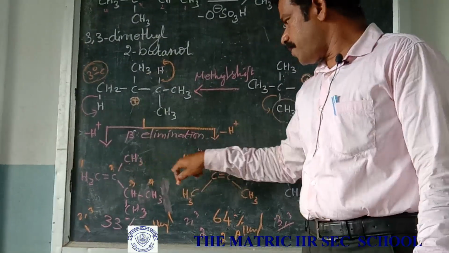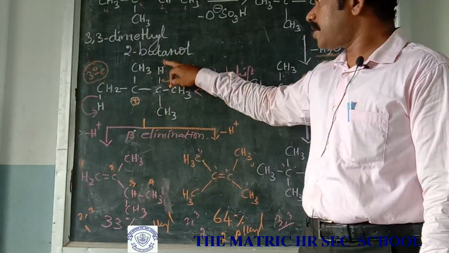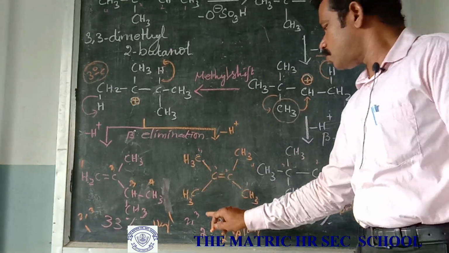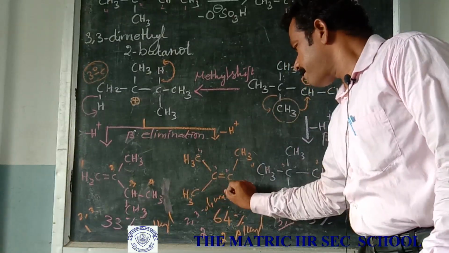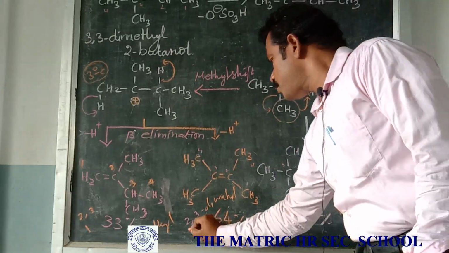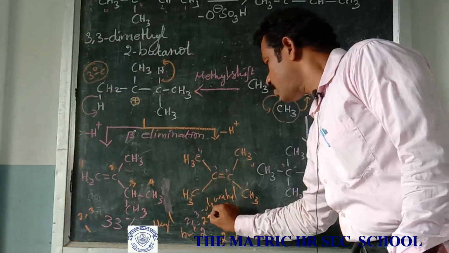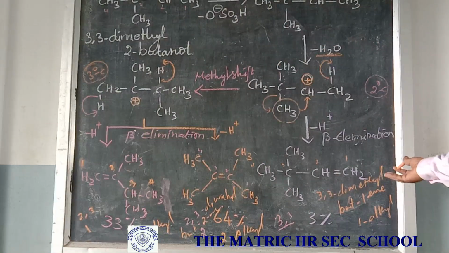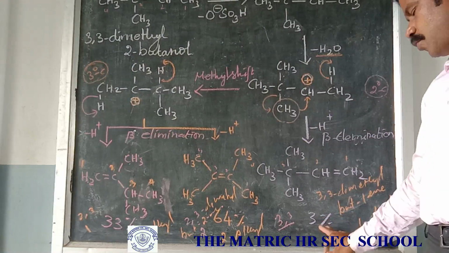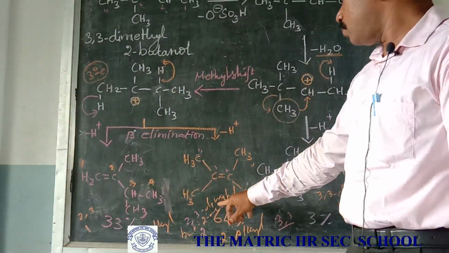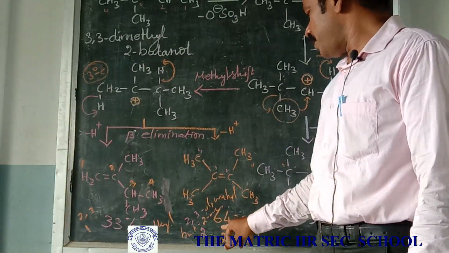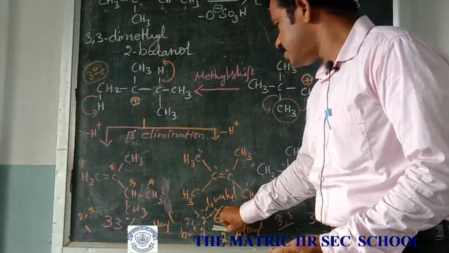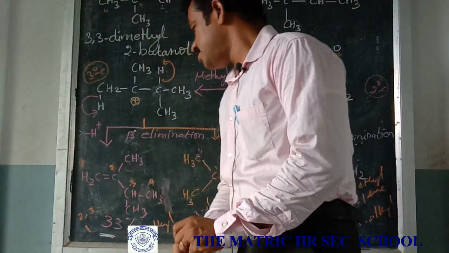This compound produces 2 different types of products. First, the hydrogen is liberated and you get the double bond at this position. You number 1, 2, 3, so 2,2-dimethyl butane. Another one. Regarding stability, 3,3-dimethyl butane is only 3% stable, and 2,3-dimethyl butane is 64%, it is highly stable. The other compound is only 33% stable.